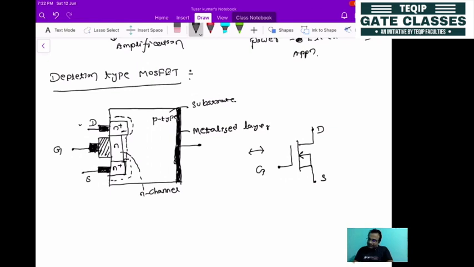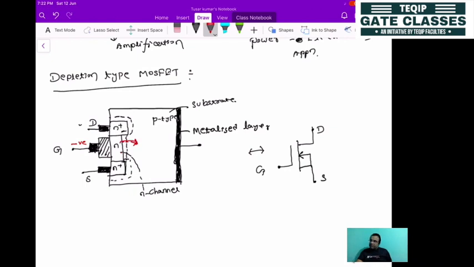As we have already discussed, in N type material the majority charge carriers are electrons. So now we'll be applying the biasing. Biasing means we'll be applying the voltage. While applying the voltage, you have to take care to apply it with the correct polarity. Let's say one case: if you make this gate terminal negative, what will happen? In the N channel, the majority charge carriers are electrons, so electrons will be moving outside from this channel.